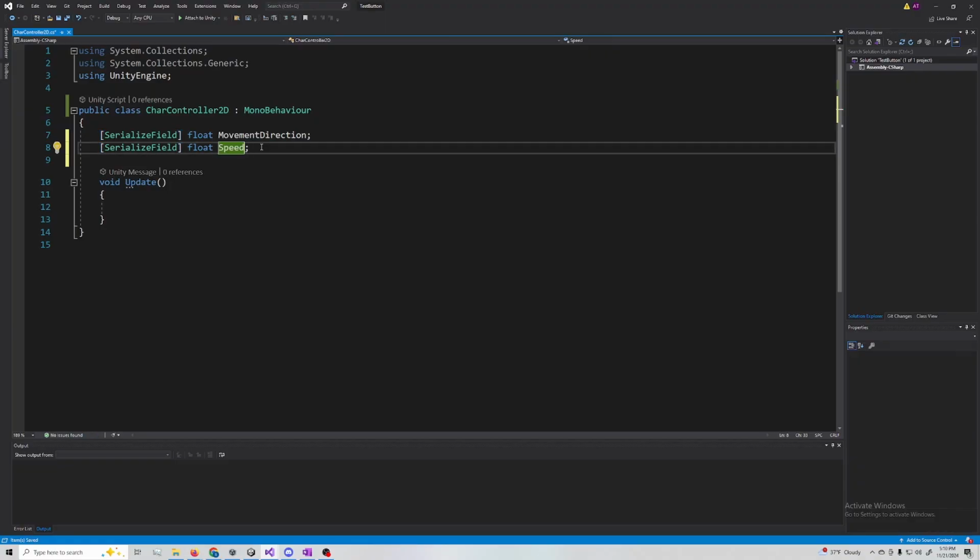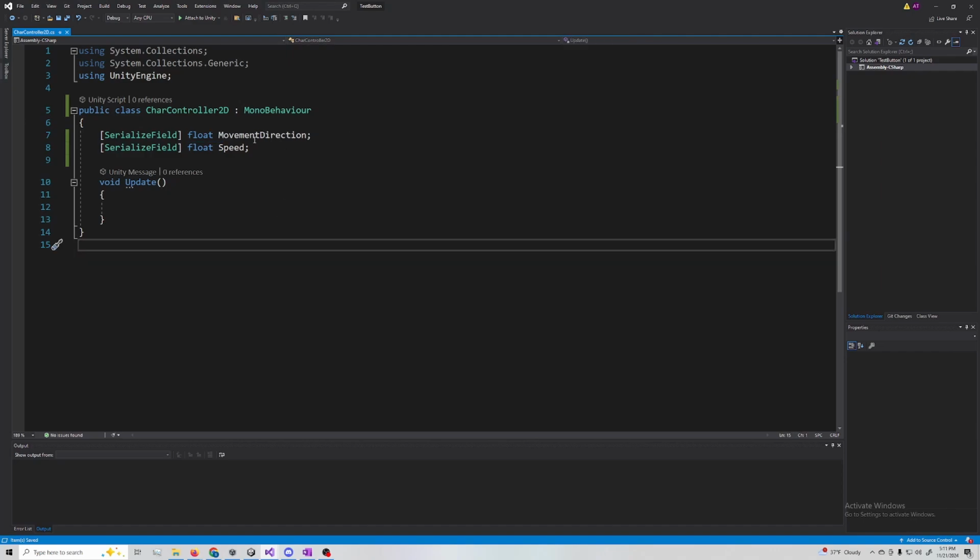Speed. Alrighty, but you'll see some programmers have a private here. Private is actually inferred. There are 3 types of protection. There's public, no protection, protected, and private. Protected means the children of CharController2D can see and use that variable freely, but outside classes cannot. All right, let's make the speed